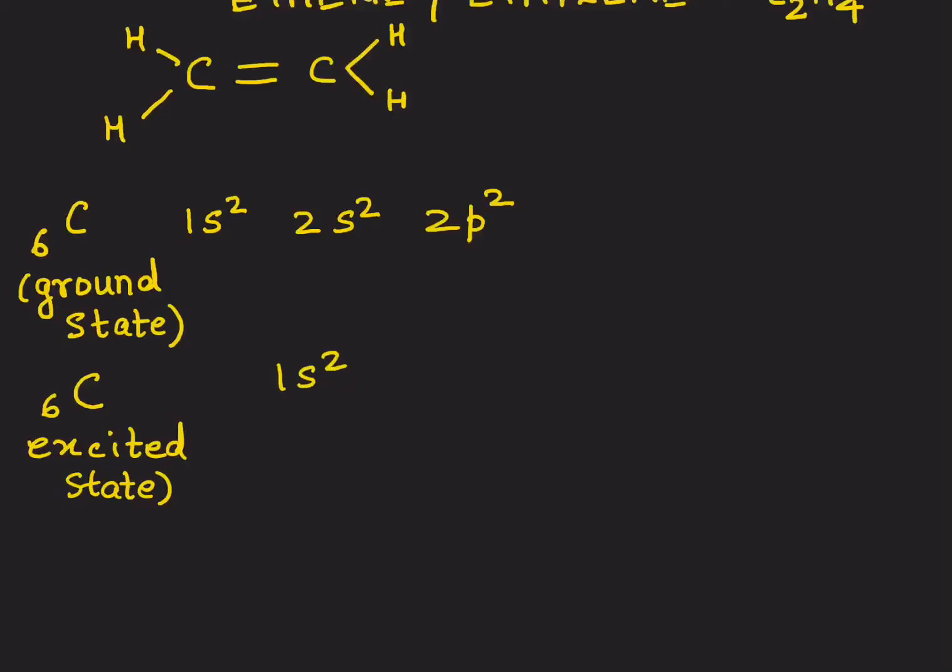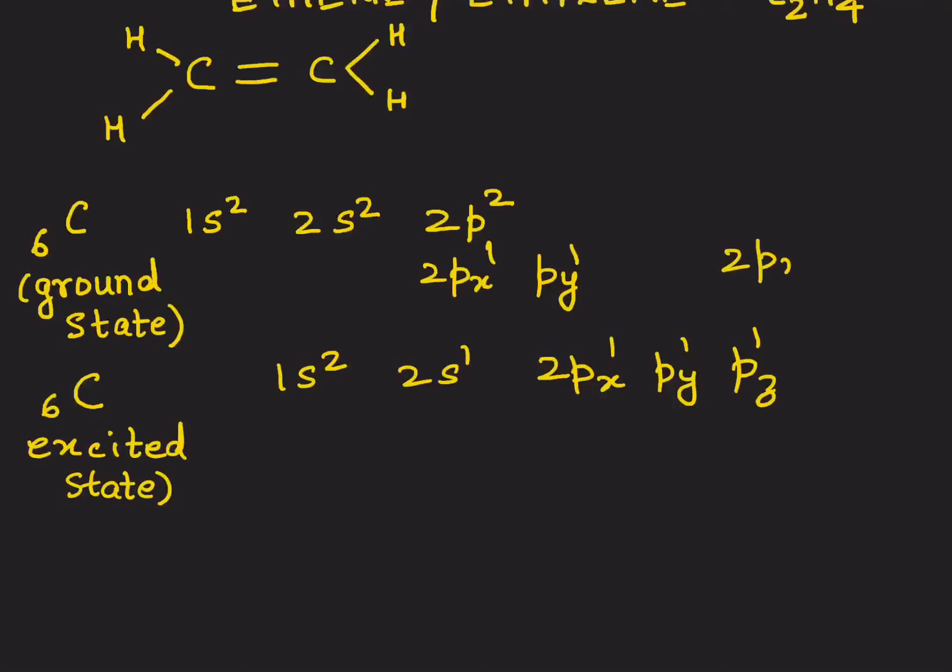Yes, 1s2, 2s1, 2px1, py1, pz1. By the way, here also it is 2px1, py1. Why didn't we write it as 2px2 directly? Why did we write it as 2px1, py1? Correct, perfect, Hund's rule, you remembered it. First orbitals are singly filled up and then pairing begins, right? I will rub out this point so that there is no confusion.